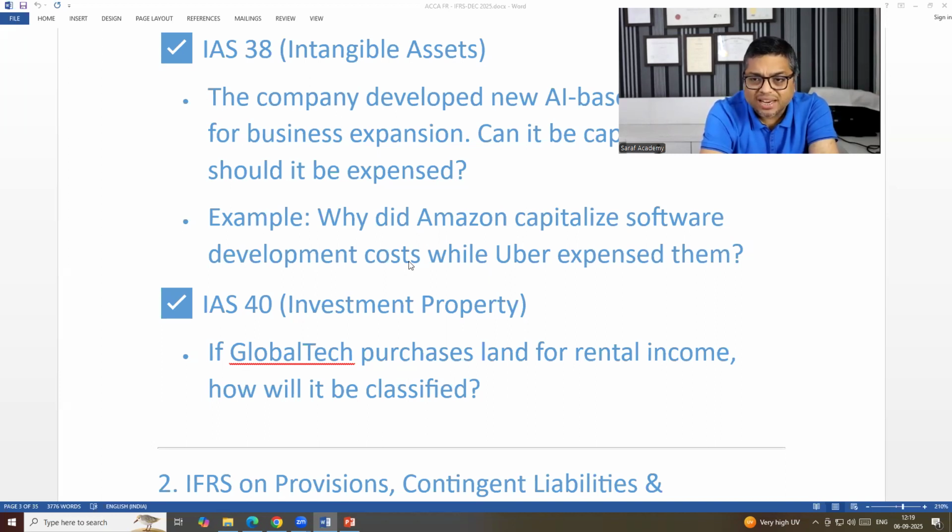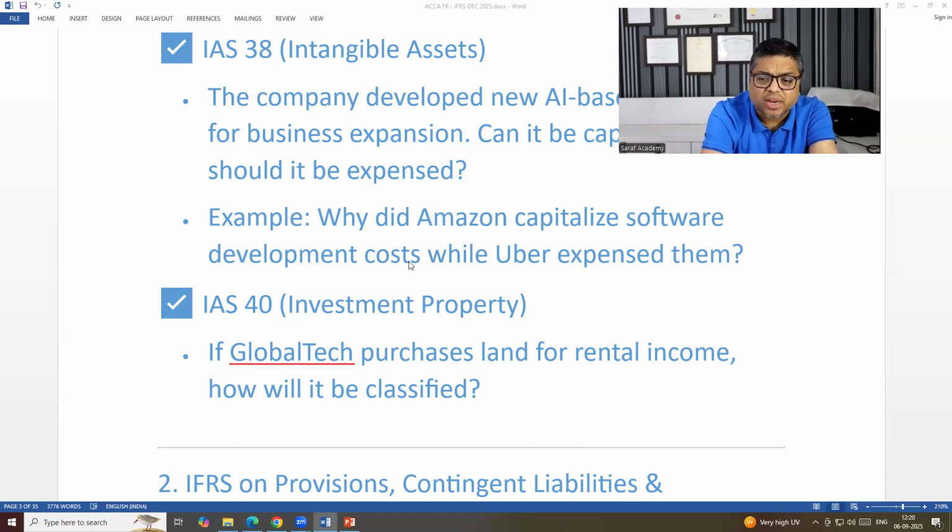For exam booking and all that, you can book the exam now also. You can book the exam by the end of October. For CIMA students, it is also around the end of October. For ACCA and Diploma IFRS students, it is around the end of October. So you can book now, you can book after 15-20 days.